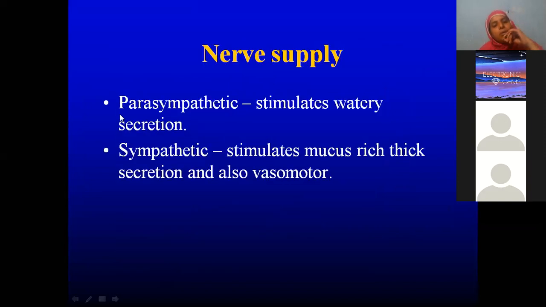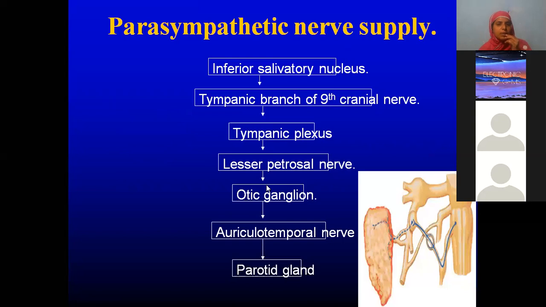Okay. Now coming to nerve supply. Parasympathetic we have, sympathetic we have. Parasympathetic is which nerve for head and neck, thorax and abdomen? The vagus. This nerve supply we have done in detail when we were doing physiology, GIT, salivary secretions. Superior salivatory nucleus, inferior salivatory nucleus. We have done that, isn't it? The watery secretions come because of parasympathetic stimulation, and sympathetic gives mucus-rich thick secretions, and it is also vasomotor, controlling the blood vessels.